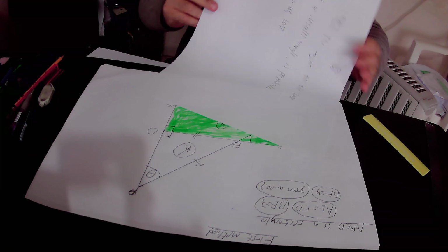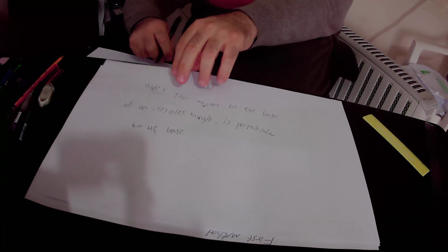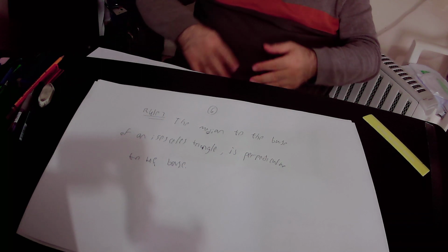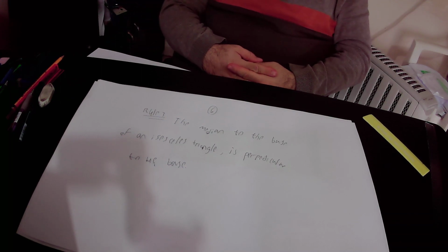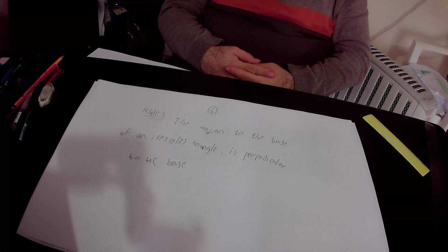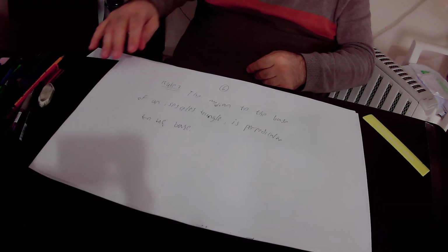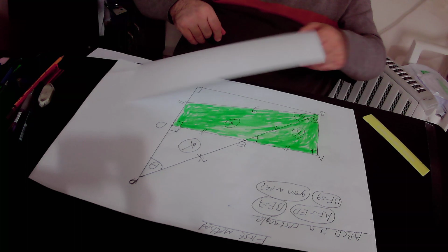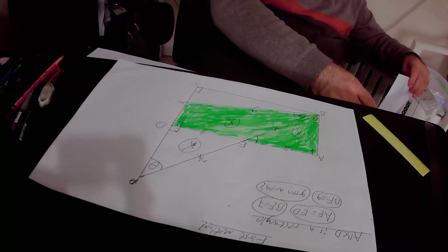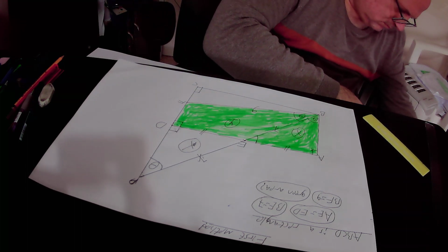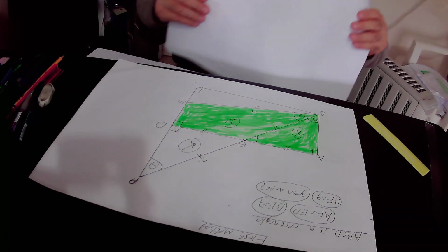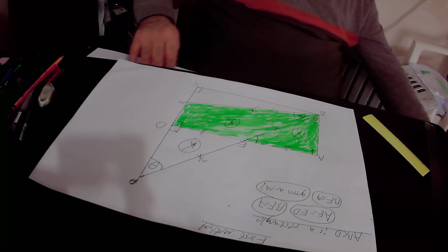So I read rule number 3 again. According to rule number 3, the median to the base of an isosceles triangle is perpendicular to the base. Okay? So, what is the meaning of rule number 3? The meaning of rule number 3 is if we have an isosceles triangle